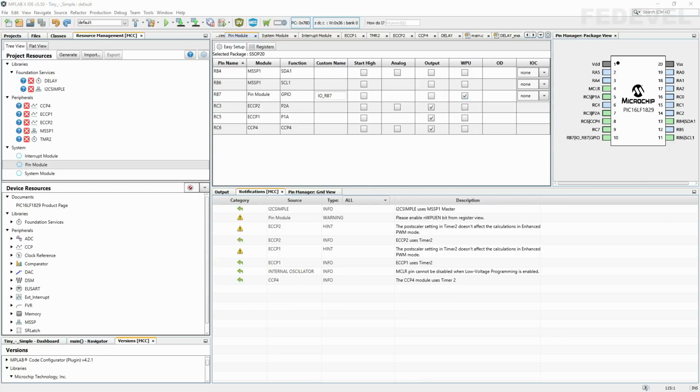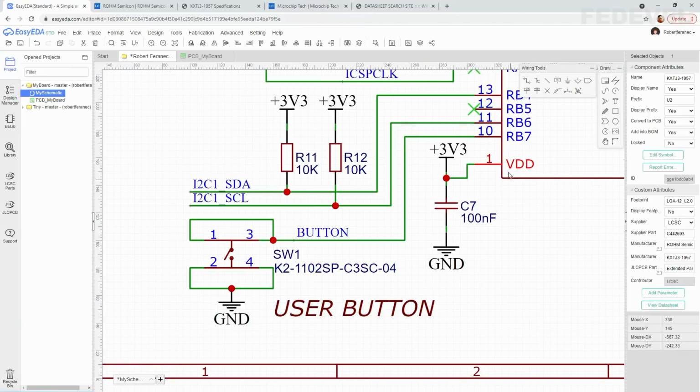If you have a look at our schematic, when we set this RB7 pin as an input, then basically there is no really specified value on this input. This input would be floating. That's the reason why we are enabling the internal pull-up resistor. When we enable this internal pull-up resistor, then by default on this input there will be a high signal, and then when we press this button, the level on this signal will change to low.